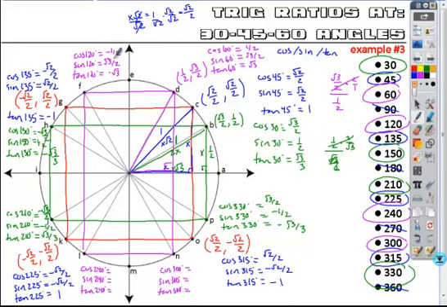The x's here are exactly the same, so minus 1/2. The y's are exact opposites, so minus root 3 over 2. And then the tangents are the same value, but check the sign. A negative divided by a negative gives you a positive, so positive root 3. And then finally in quadrant 4 with the angle 300, you have the same exact x, so 1/2. The opposite y's here, or you can use the same y's over here, negative root 3 over 2. And then the same tangents, but again, a negative divided by a positive gives you an overall negative. And so that's